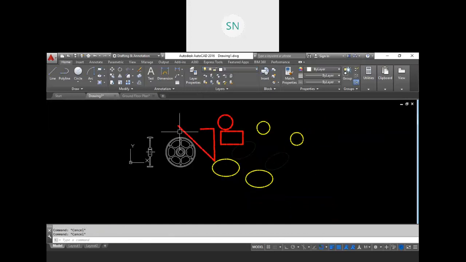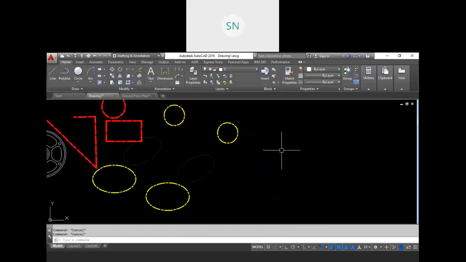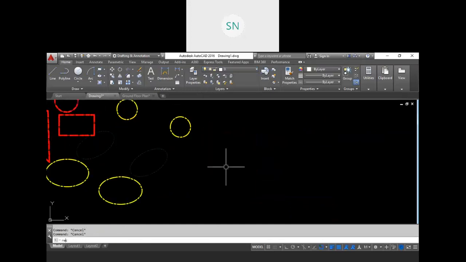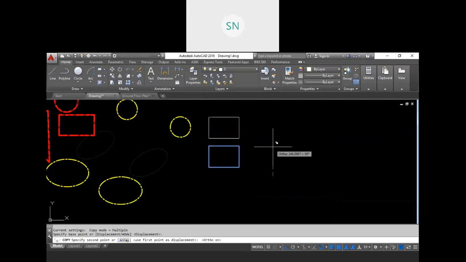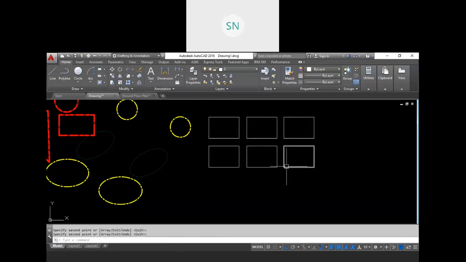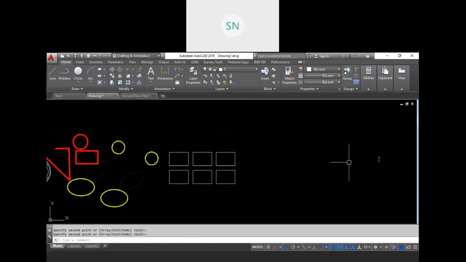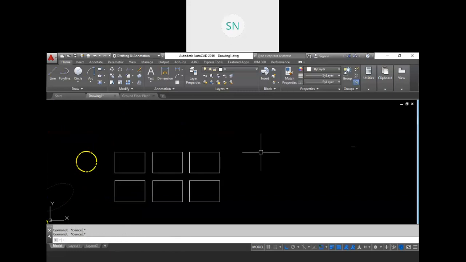Now for the hatch, first we need a closed loop. Then it will allow you to fill the hatch. And in the hatch we have mainly three options. Those are very useful options and we need to understand them properly.